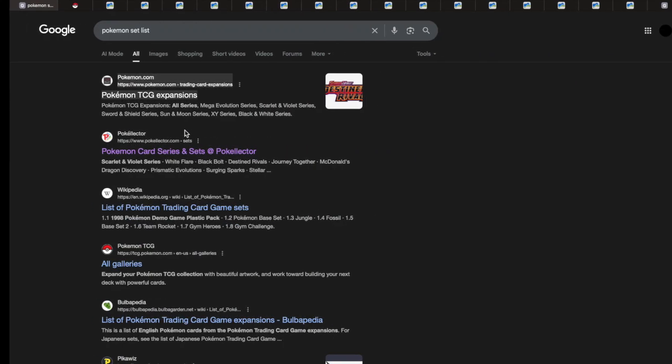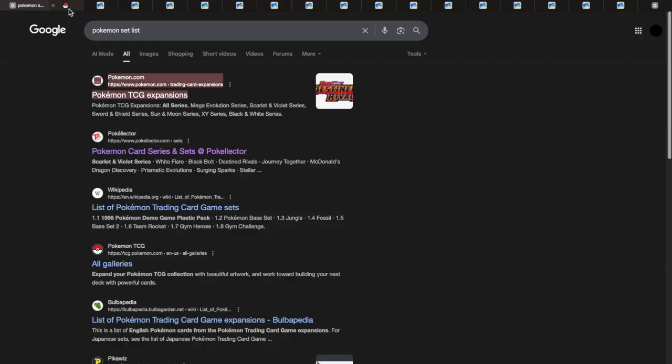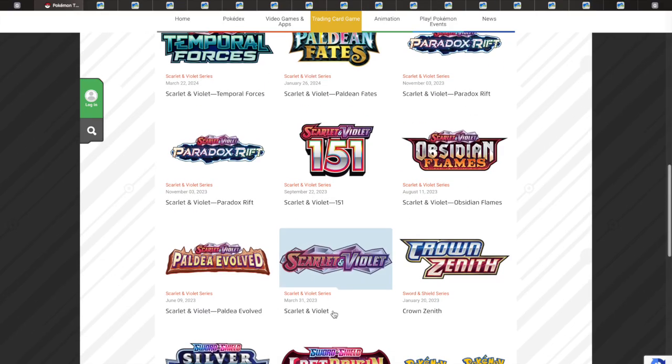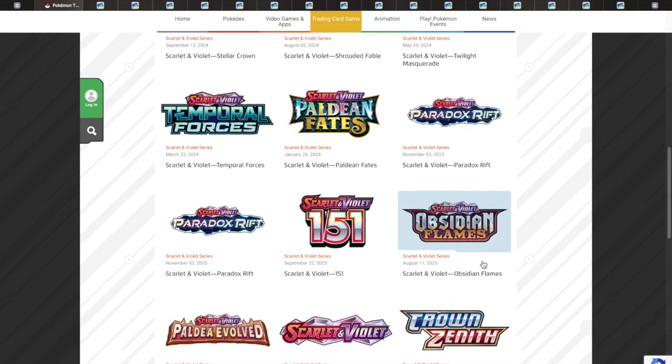So let's quickly check out the sets. This is the order that we had the sets released. Let's check the dates. The first set was the SV base, which was released on March 31st, 2023, and the second set we have the Paldea Evolved, which was released on June 9th, and then the third one, Obsidian